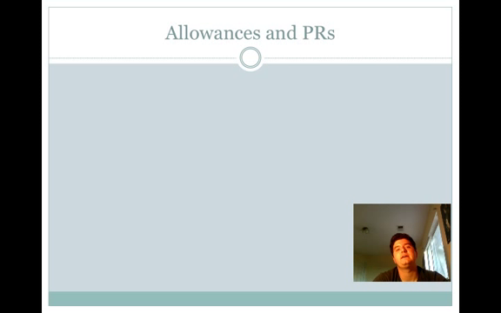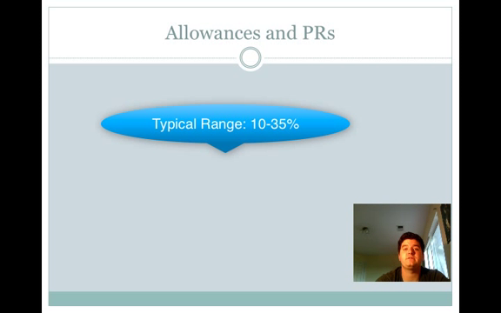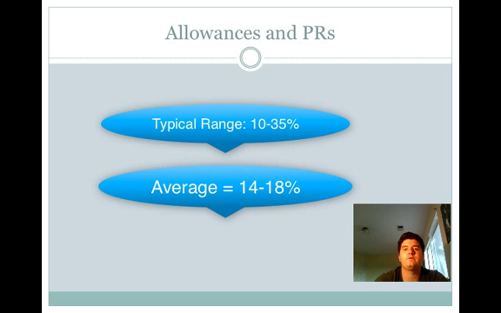Hey guys, this video is a quick introduction into allowances and performance ratings. So allowances count for time to eat, drink, go to restrooms, any interruptions in the work area, any delays, and rest breaks caused by fatigue. The typical allowance percentage in industry is anywhere from about 10 to 35%, whereas the average is about 14 to